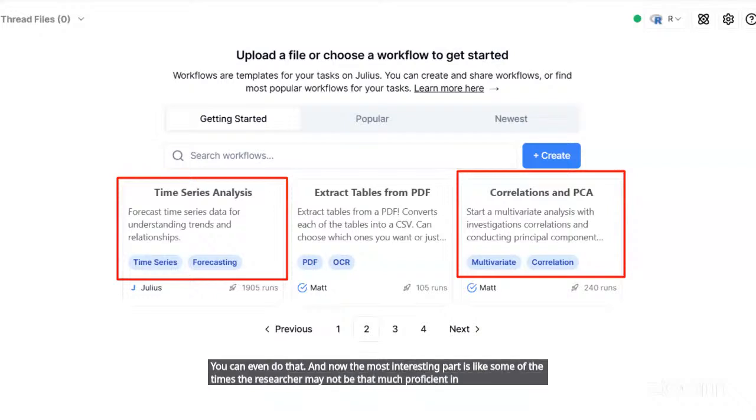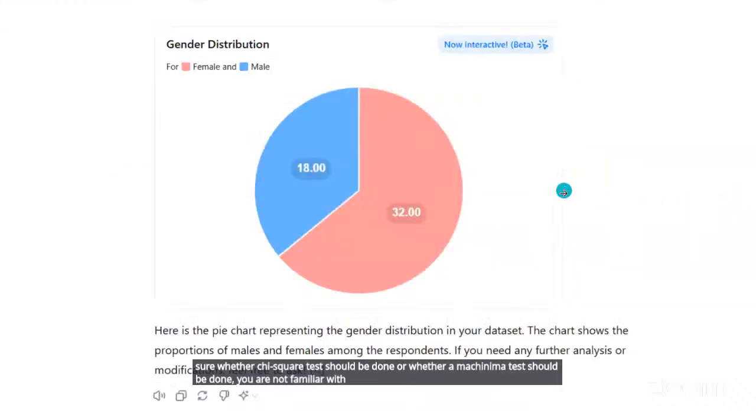So you won't be able to figure out whether, say, if you want to do an association between two variables and you are not sure whether a chi-square test should be done or whether a McNemar test should be done, you are not familiar with. In that case also, you can use this tool, or this is one sample of that tool